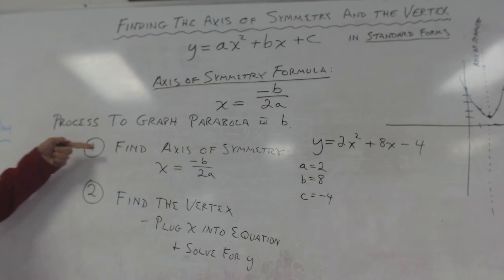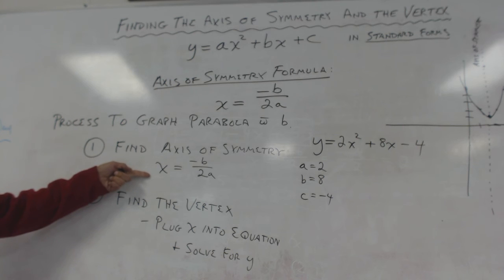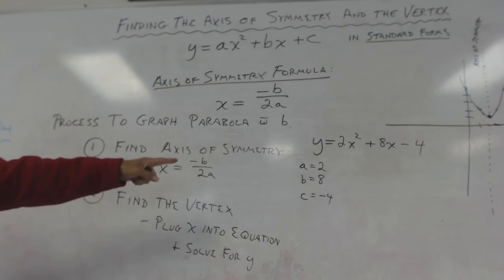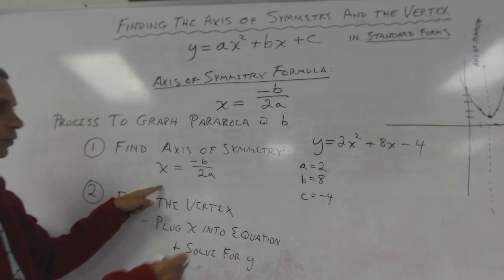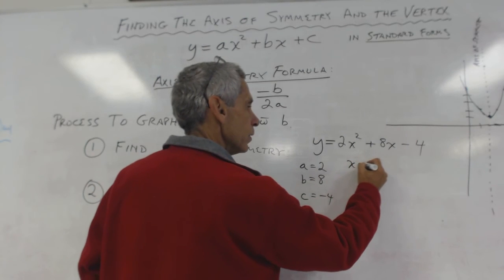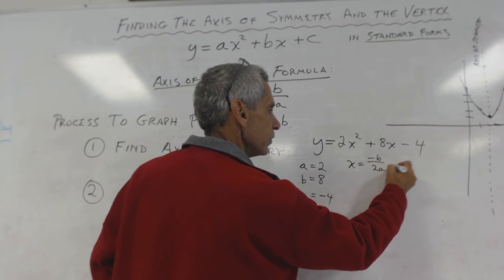This is my first step. I have to find my axis of symmetry using this formula. And I now know my A and my B. That's all I need. So what do I have to put? X equals negative B over 2A, which is equal to